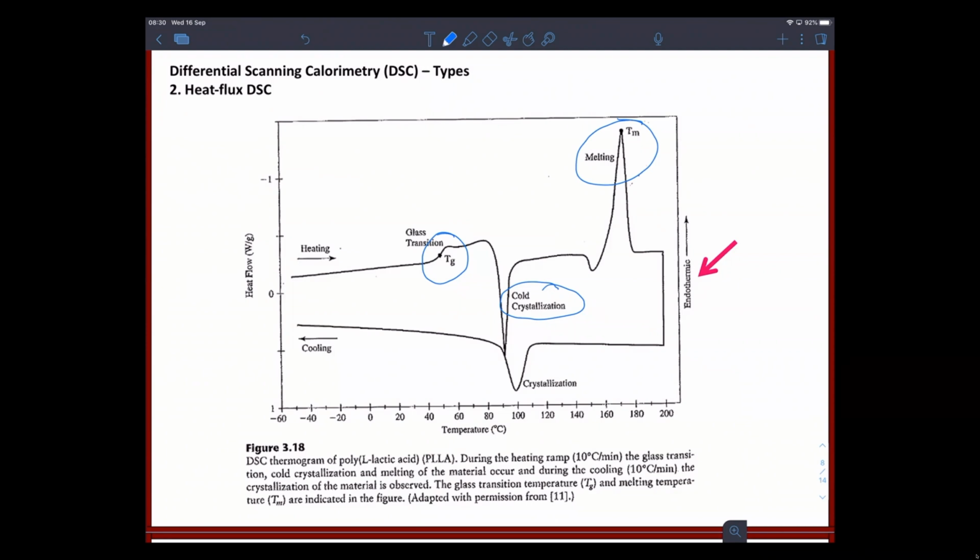Now, most of these thermograms that you will see will look the same, right? So they don't change. So just make sure that you understand where the different transitions are occurring in these thermograms. You'll notice here, this is a prime example where the endothermic is on the up. So we switch around the peaks. They're no longer negative, they're actually positive. And that's because they plotted it differently, which is a weird way around to me, but those transitions still occur